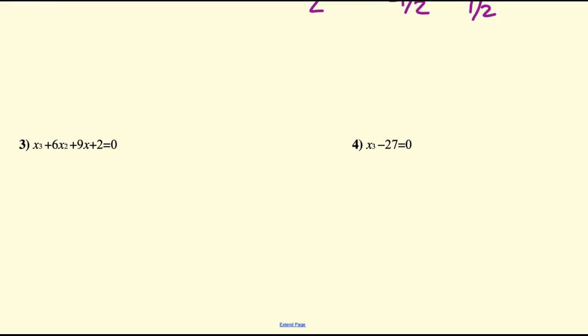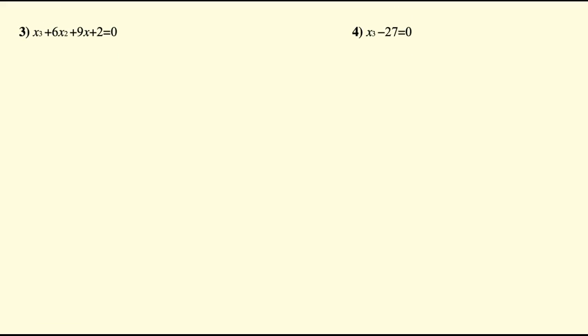All right, continuing on down here, I have another cubic polynomial with 4 terms, and just by looking at this one, I can tell it's not going to group. So now I need to do synthetic division,